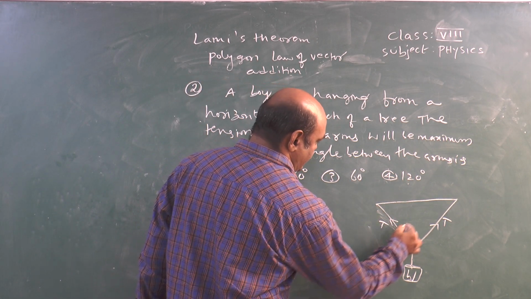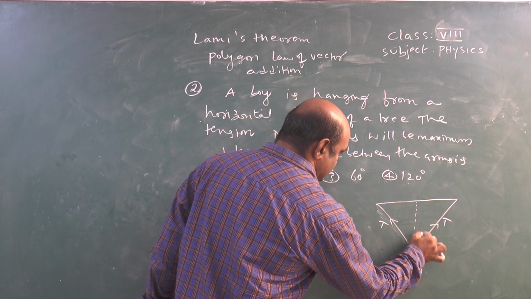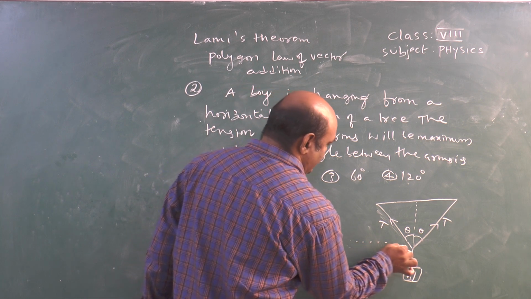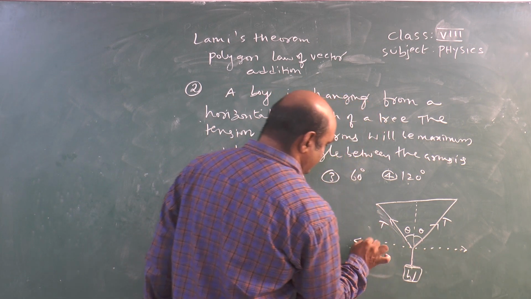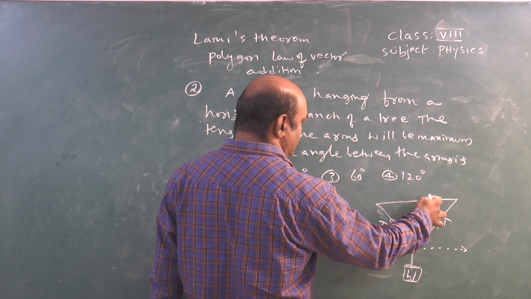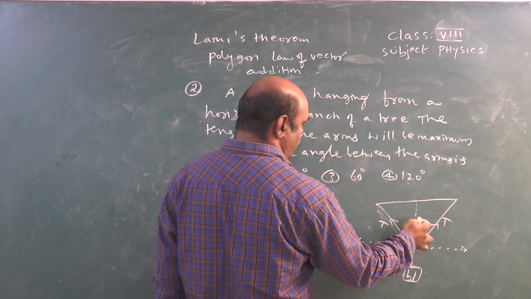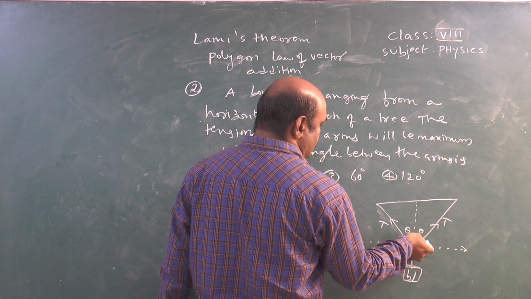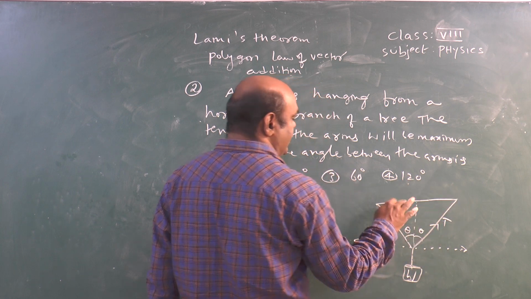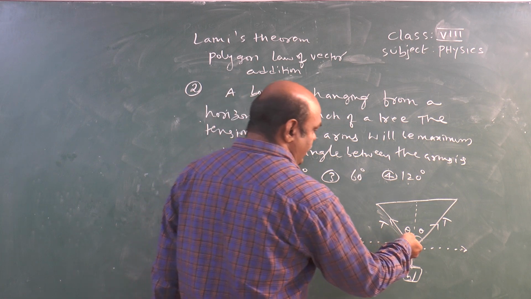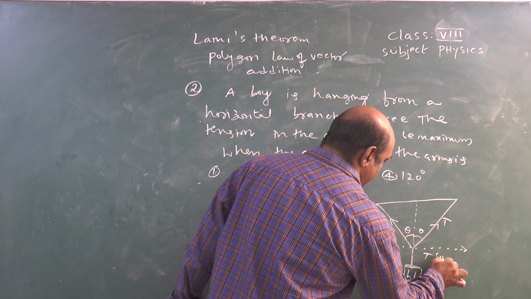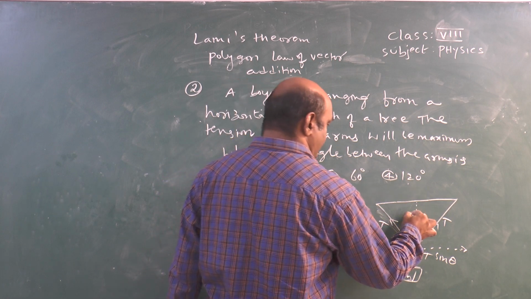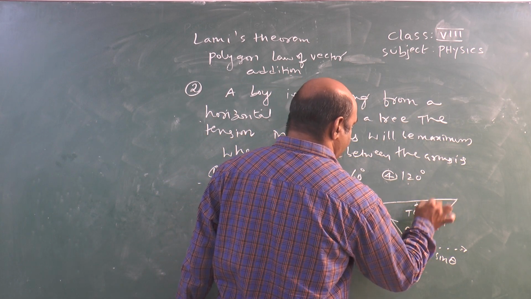Okay, now here if you consider this is a theta angle and this is a theta angle, what we can consider here is theta based. It has an opposite side and adjacent side, and this is the hypotenuse. This tension is divided into two components. One is the horizontal component, T sin theta, and this is the vertical component, T cos theta.